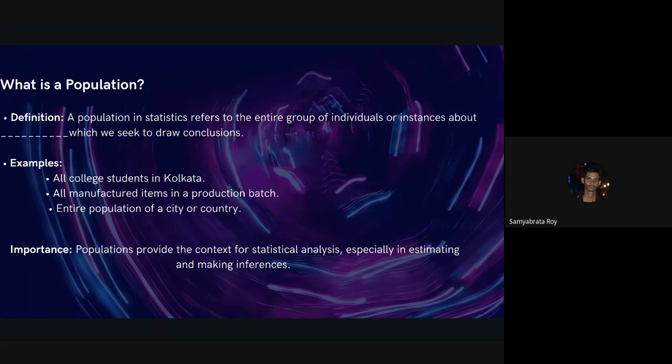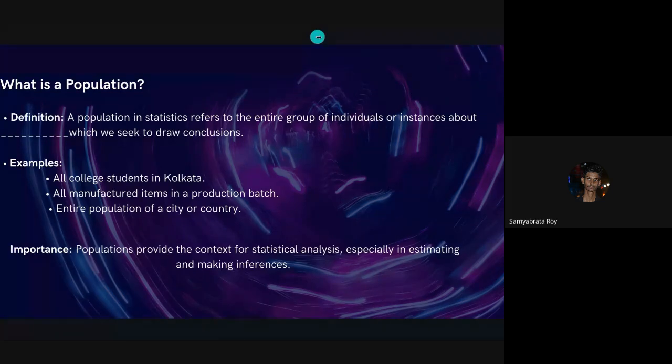The generic population could also be considered as a population, but statistical population is a little different from what we conventionally mean by the word population. So statistical population is just the collection of the entities which are taken into consideration while we are performing the statistical analysis. Okay, so